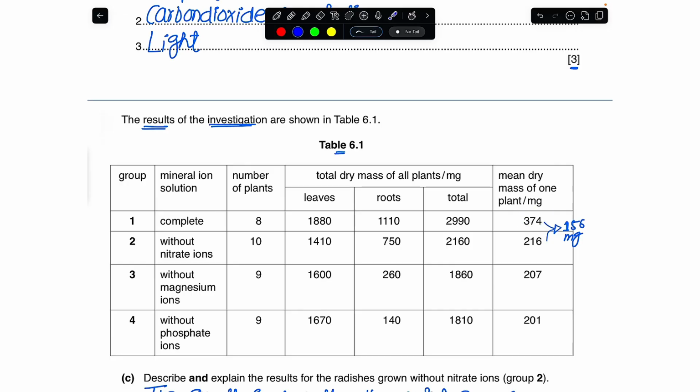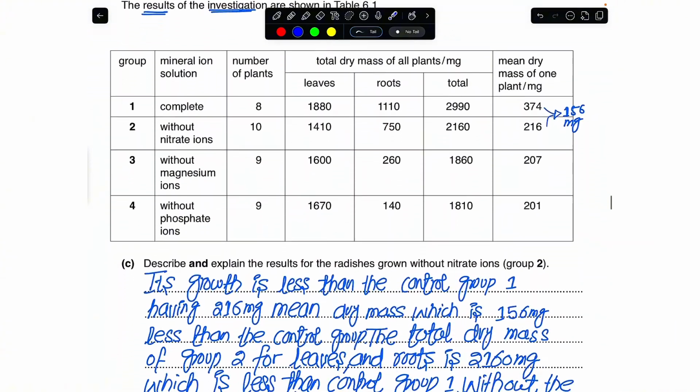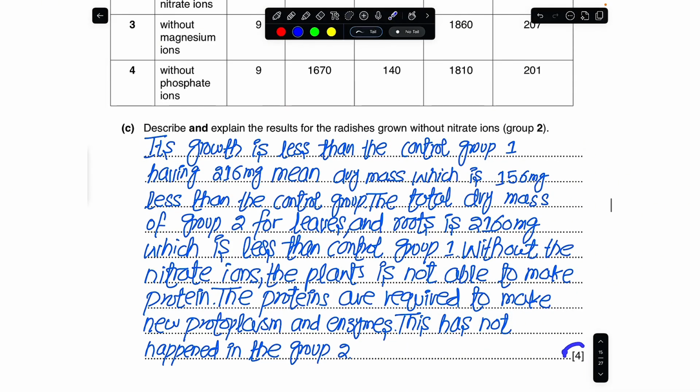If you were to see that the control group, having the complete mineral ion solution in it, their mean dry mass of one plant appears to be greater than the rest of them. I guess the same would go for all the columns, we have to make their comparison with the control group. Now for the C part, they ask for a total of 4 marks to describe and explain the results